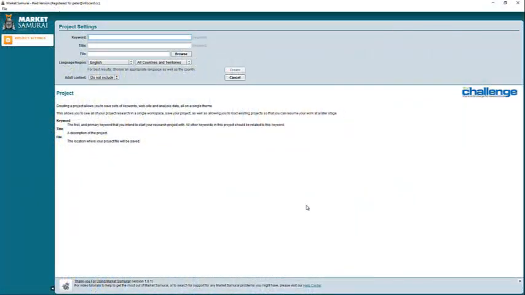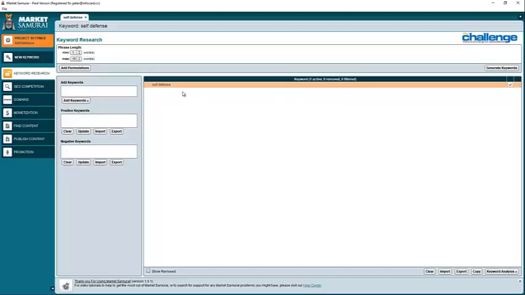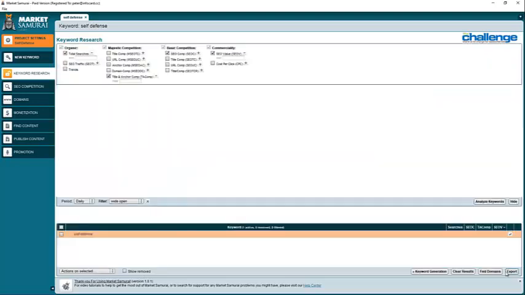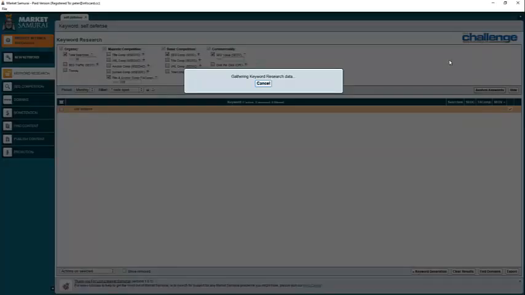Okay, so we're over here on Market Samurai. So we want to put in a keyword. It was suggested let's do self-defense. Okay. And we create a self-defense keyword. Research module, self-defense. We can go over right away and analyze this. We want to analyze it for monthly traffic, a total of at least 30 searches per month, and no more than 100 optimized websites. Let's go analyze this keyword, and you'll see very quickly